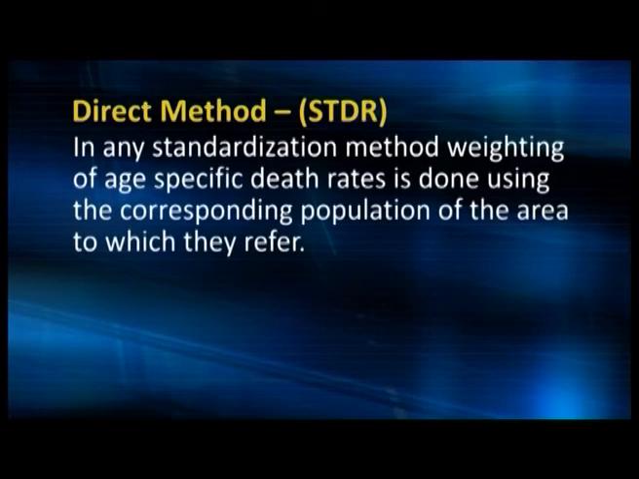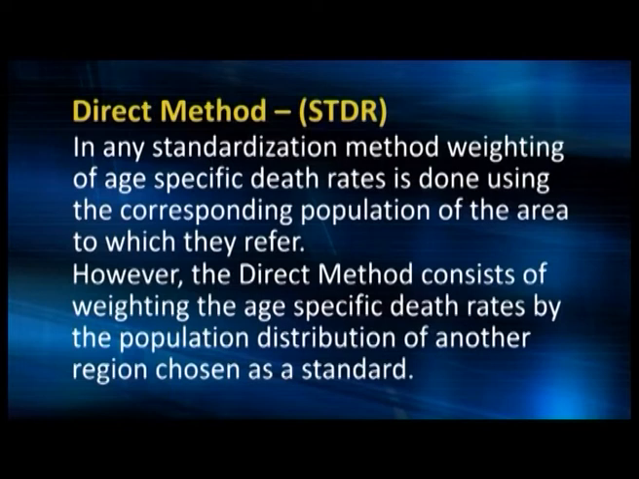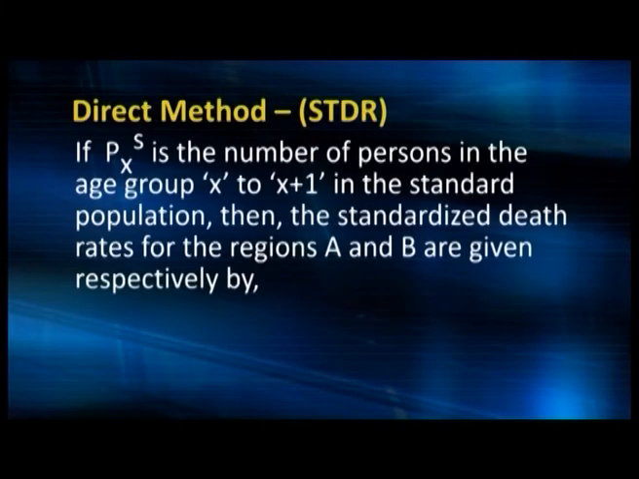In any standardization method, weighing of age-specific death rates is done using the corresponding population of the area to which they refer. However, the direct method consists of weighing the age-specific death rates by the population distribution of another region chosen as a standard. Thus, if Px to the power s is the number of persons in the age group X to X plus 1 in the standard population, then the standardized death rates for the regions A and B